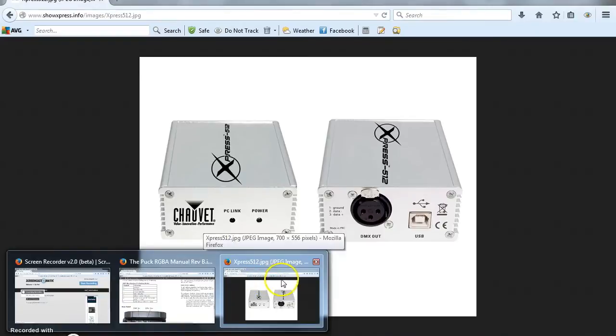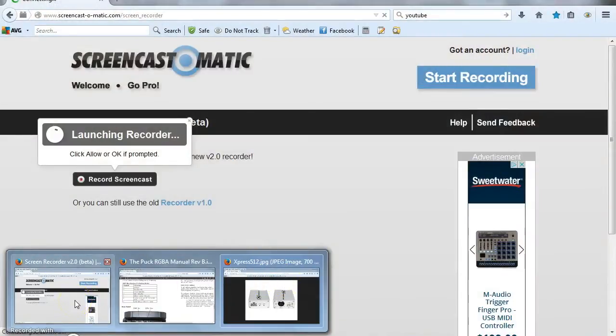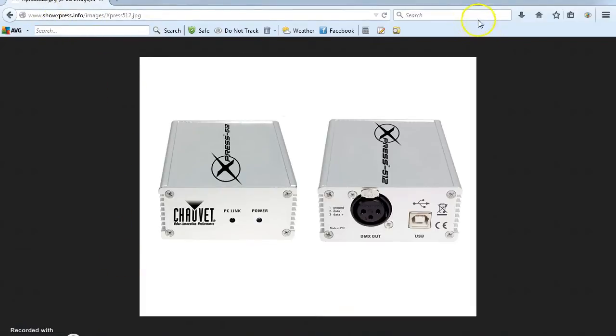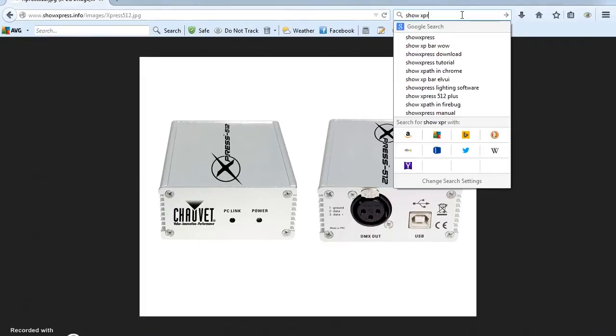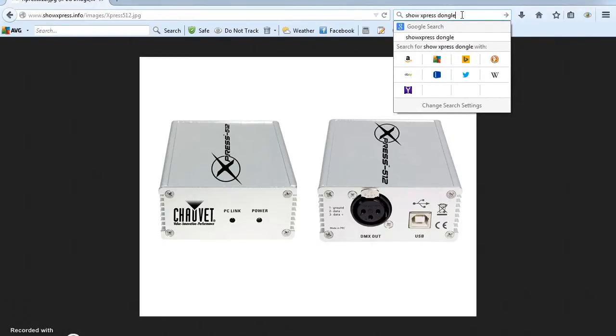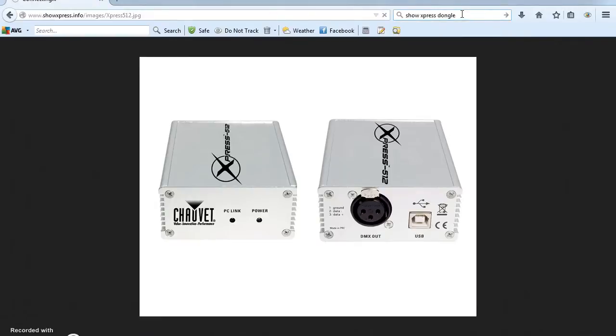I had another one, I guess it's not showing me. I had the dongle. As a matter of fact, I'll just stay with this one and let's show you this. Show Express dongle. Don't even have to keep playing with it. I'm gonna do this. It's a live recording, so